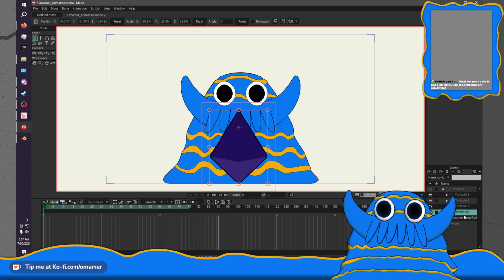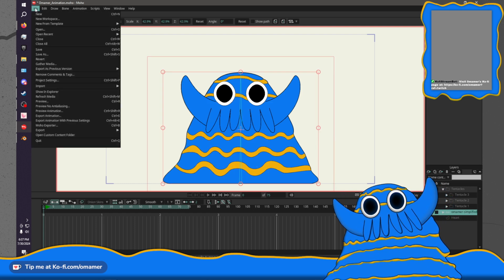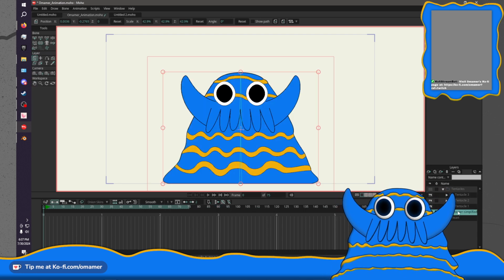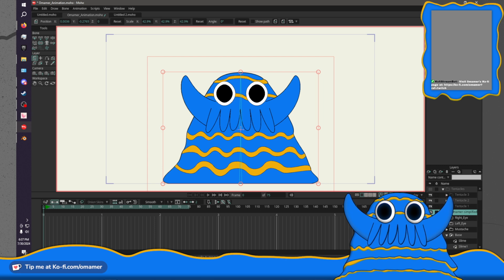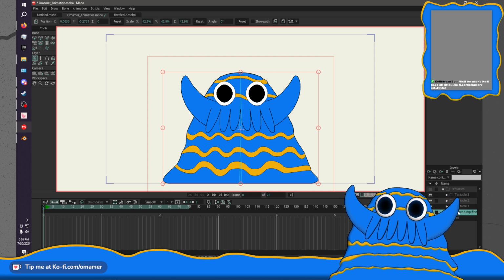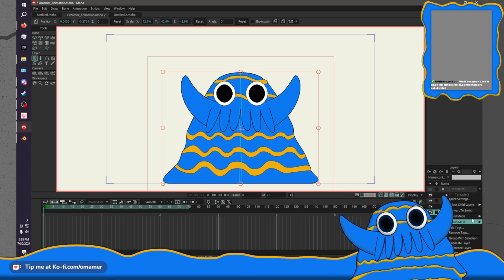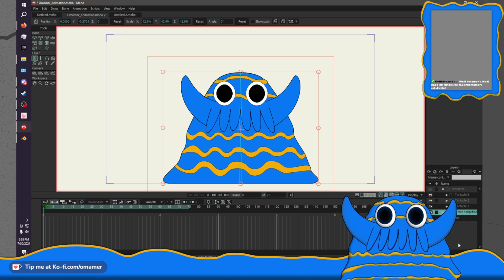It's probably not smart to store all of these in one file. So what I'm going to do is create a new file. Can I duplicate?